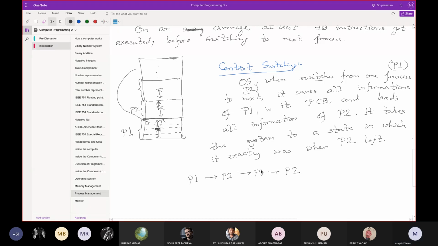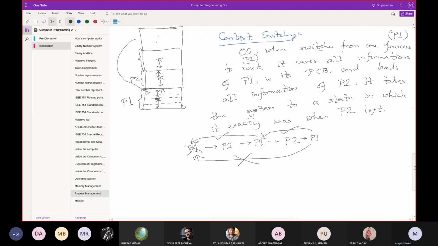Okay. Now, when it comes back to P1, it does not need this information. Rather, it needs this information, right? It used this information and continued from that state. Now, when it leaves the system again, there is no necessity to store this one, isn't it? It is a continuous process. Next time when it comes back, it will use just the previous state.